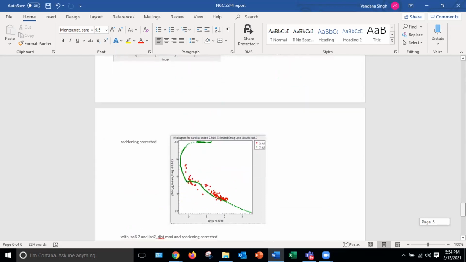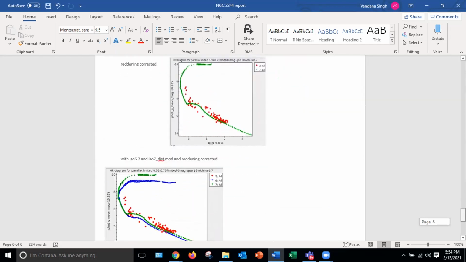The position of the bump is what you should use. It's a good way to fit it nicely. These ones are not very nicely overlaid, so then you will see how much off the isochrone it is. In principle, they can be off the isochrone, like I said, if they are variables of some kind.